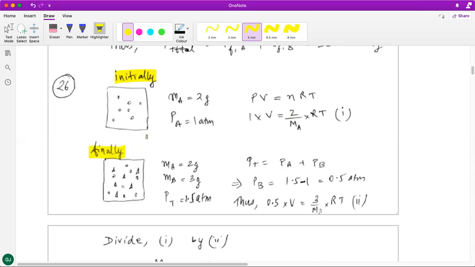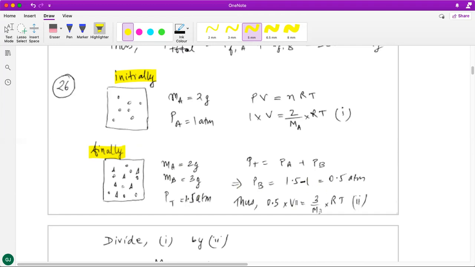Then in this vessel only, gas B is also added, ठीक है? And उससे the total pressure becomes 1.5 atm. Now as per Dalton's law of partial pressure, we know that the total pressure is the sum of the partial pressures of the gases present inside. And A को B से कोई फर्क ही नहीं पड़ा होगा, तो A का partial pressure तो अभी भी 1 atm रहा होगा. Total अगर 1.5 है, तो we can understand that B का 0.5 atm partial pressure होगा.